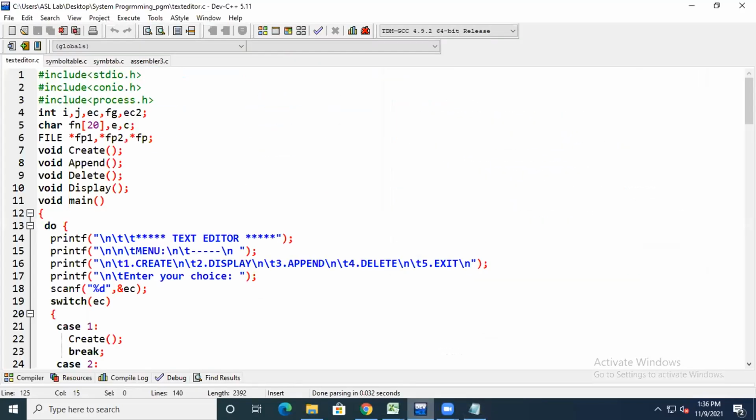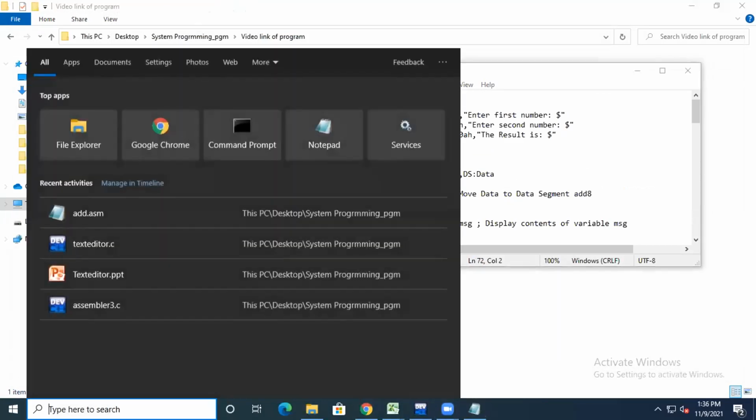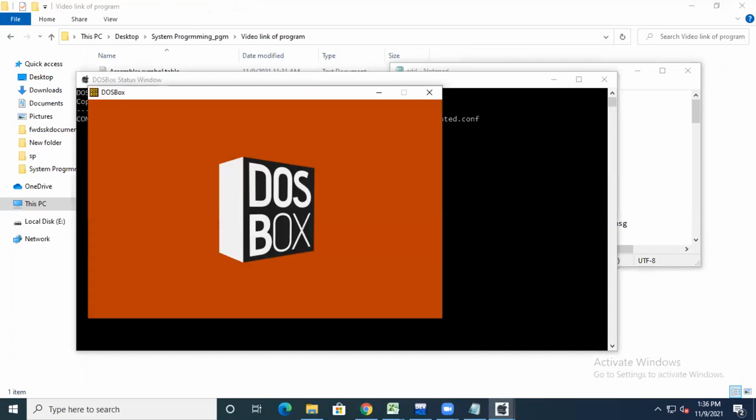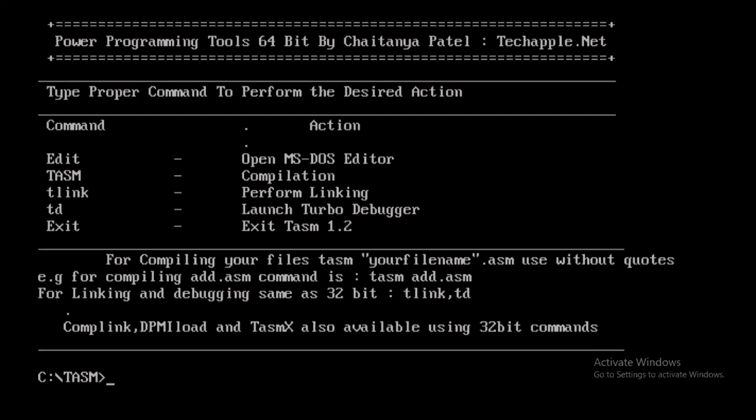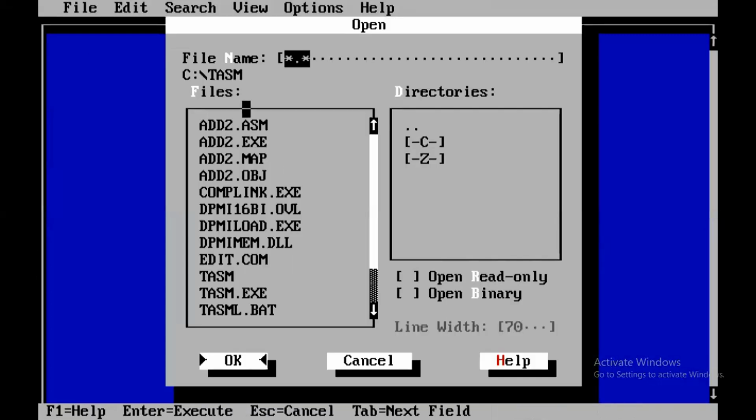It is already present. Wait. The 16-bit program is already present over there. I have just... You can open that file. It is already present over here.